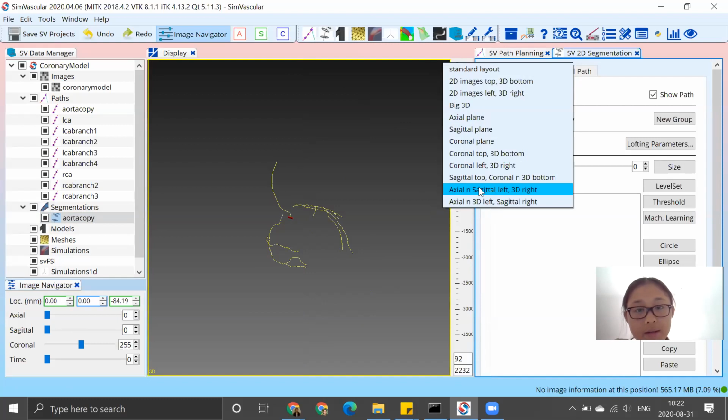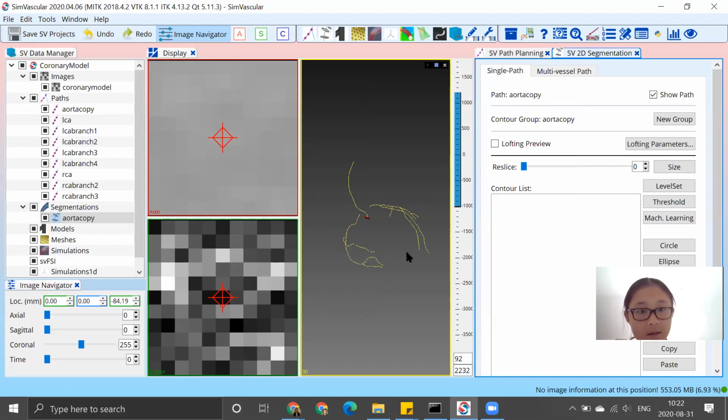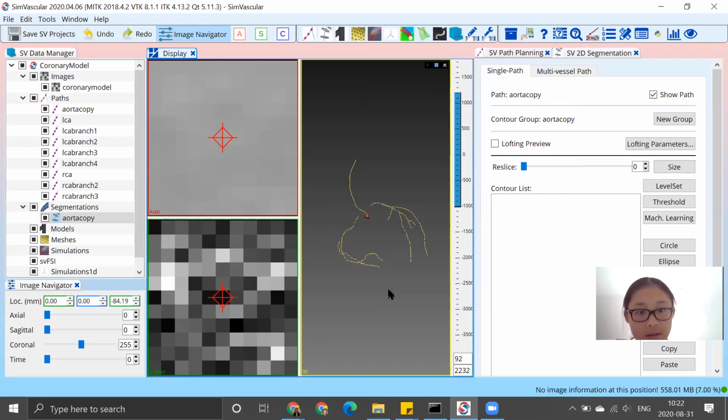So the one that we said was defaulted for segmentations was axial and sagittal on the left and 3D on the right. So this is what we have now, and it's a little confusing at first because all we see in axial